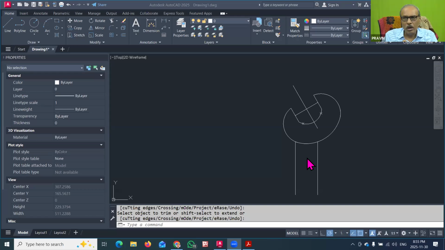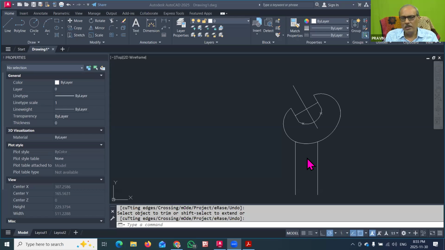I hope that others will also give the answer in the chat box. One answer was given, polyline, that was wrong, but does anybody else know? Just type your answer in the chat box. You have to remember all these commands again and again, what type of work we can do with what type of command. So again you have to practice. Until and unless you practice the name of the command and the function of the command, you will not gain speed in AutoCAD.